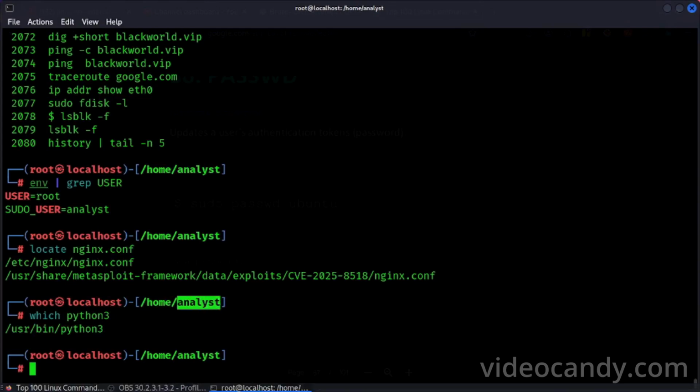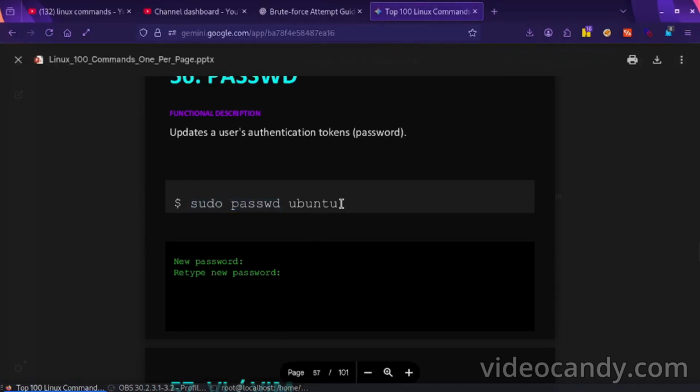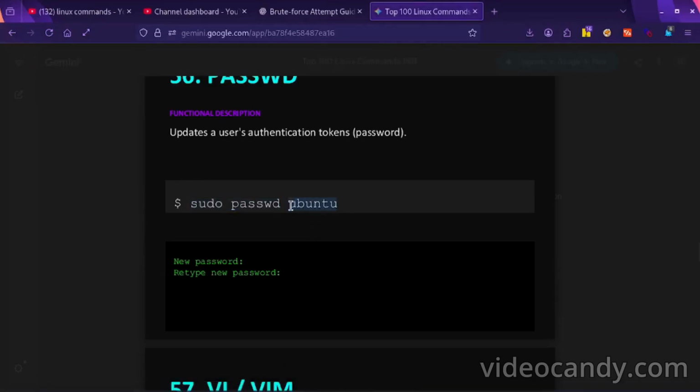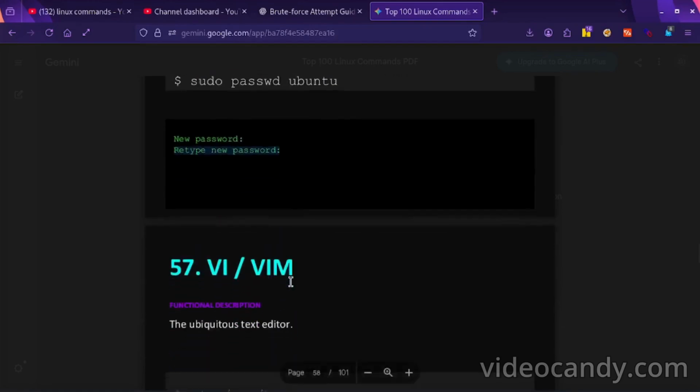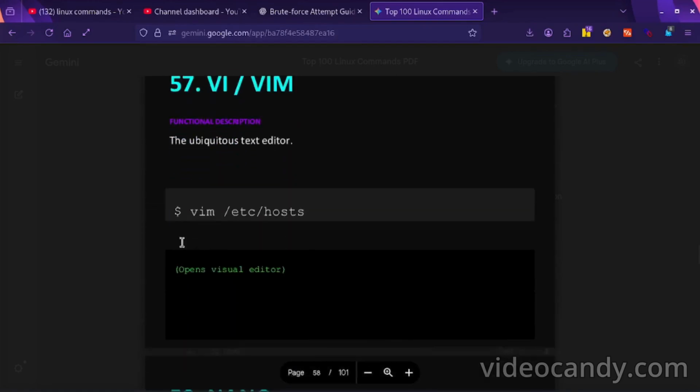In place of ubuntu I will write mine, and then it asks for the new password and to retype the new password.